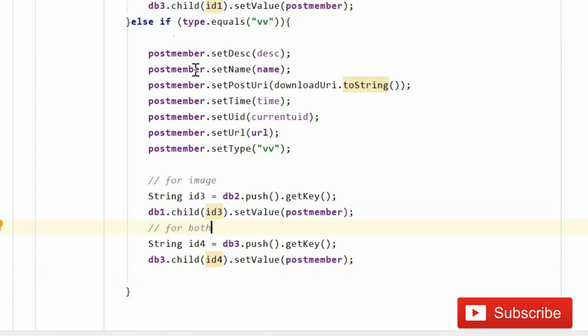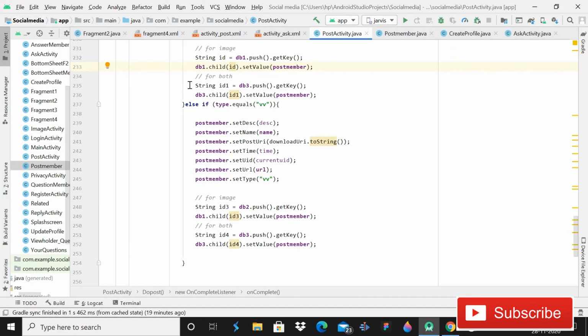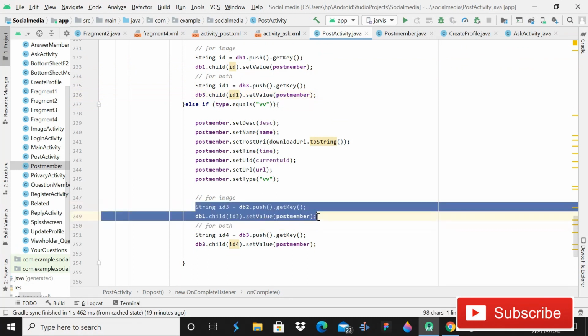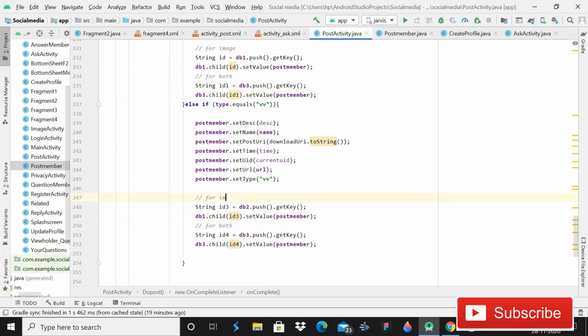So in this reference we are saving the image for a particular user, in this we are saving all users' images and videos, and in this reference we are saving videos for all users, so you can understand, for both. That is a very easy thing, I hope you are not confused, because I'm trying to keep it as simple as I can.